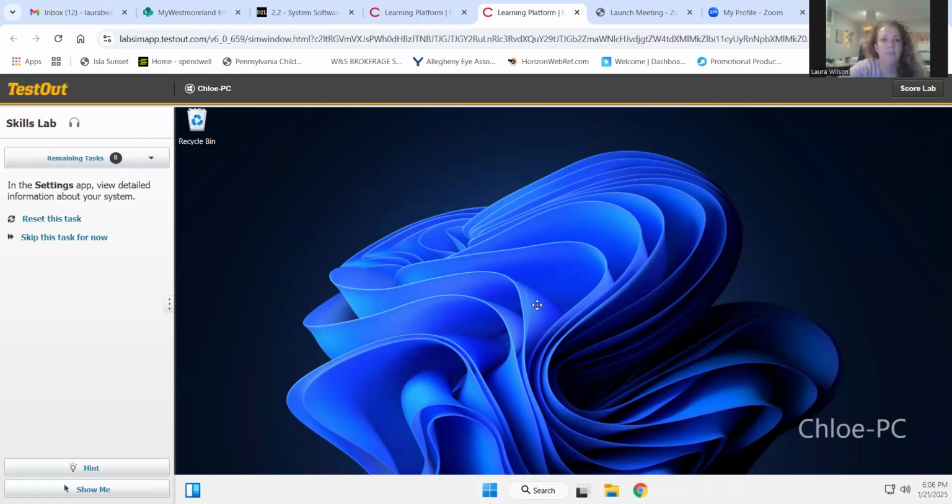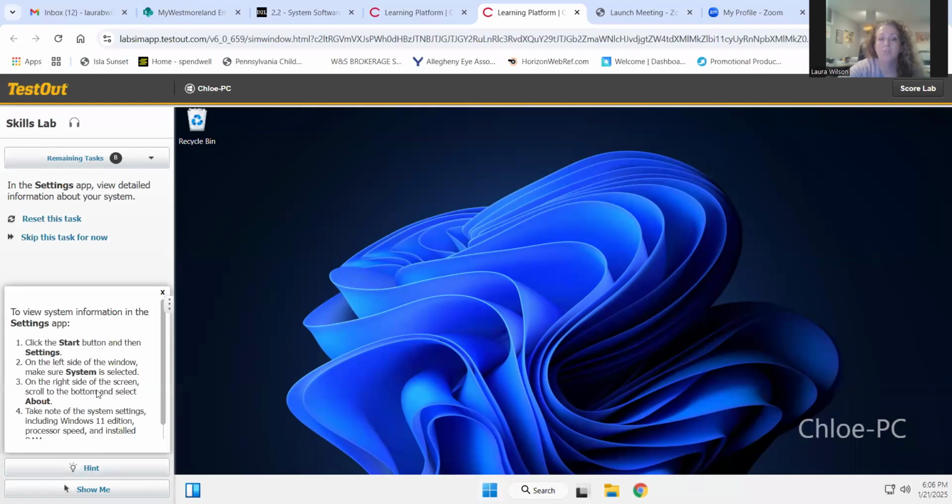Let me move it up here. Okay, so there's a couple different ways that you can do this. If you're not sure, because I understand the setup of this isn't like your normal computer would be, you can click on that hint button and click the start button and then settings. If you're not sure where the start button is,